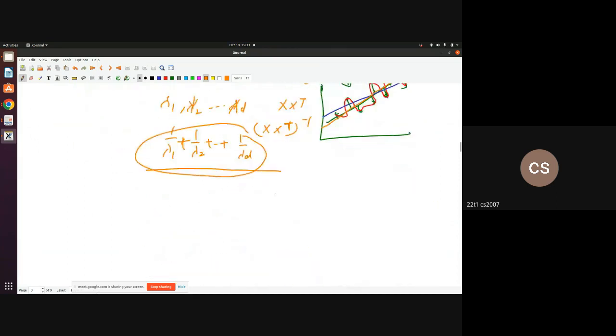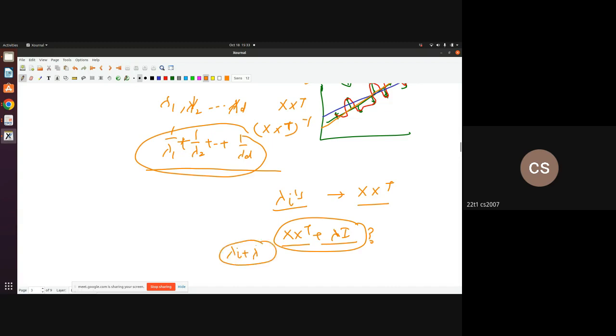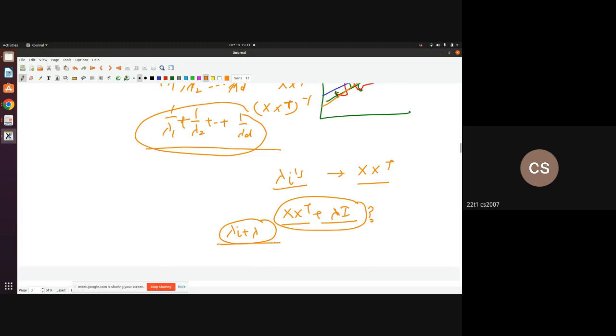Now, if lambda i's are the eigenvalues of XX transpose, then what will be the eigenvalues of XX transpose plus lambda I? If lambda 1, lambda 2, up to lambda d are the eigenvalues of XX transpose, what will be the eigenvalues of XX transpose plus lambda I? Lambda will be added to each lambda i. Very good. So these will be the eigenvalues of this very matrix,